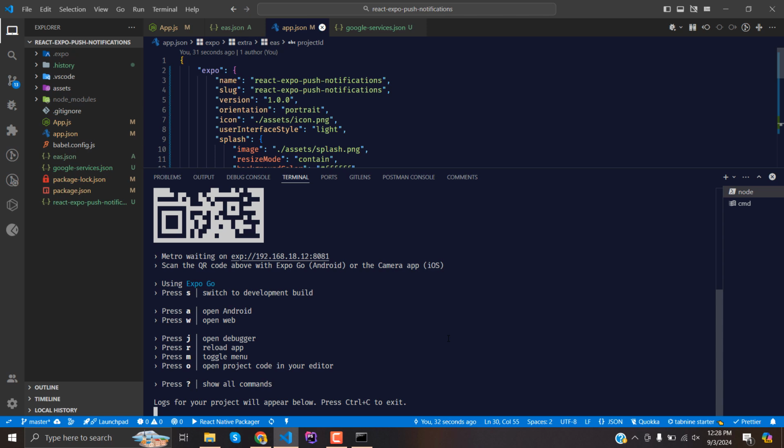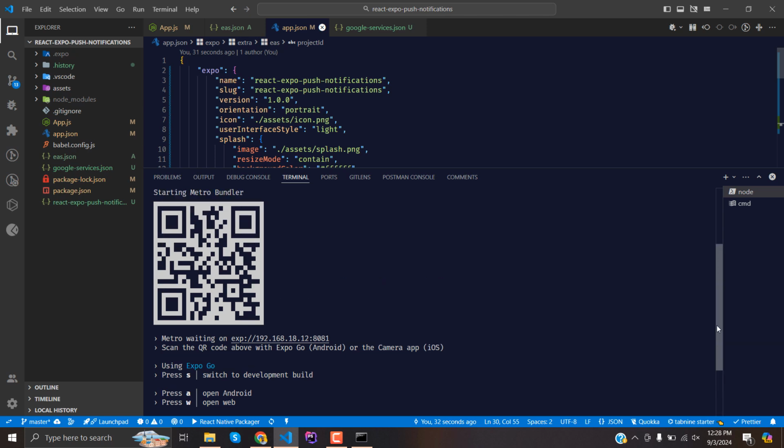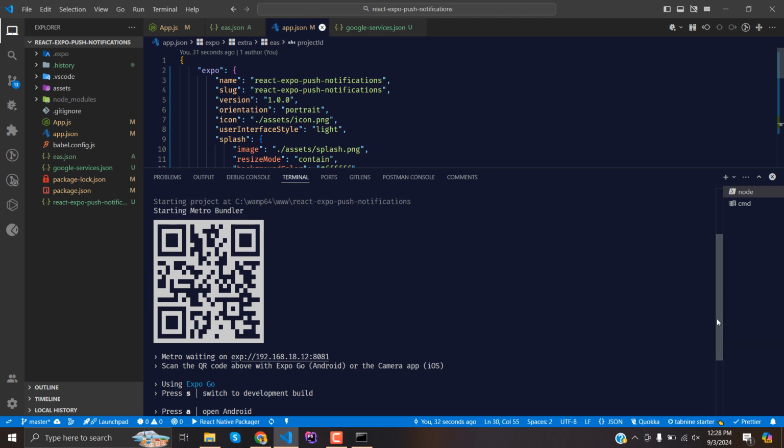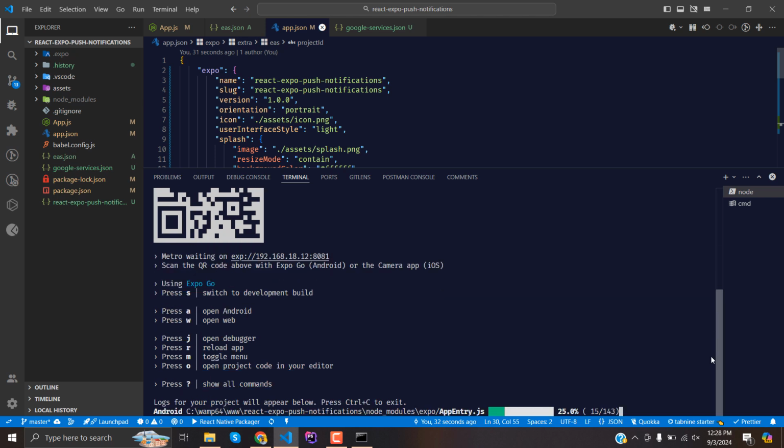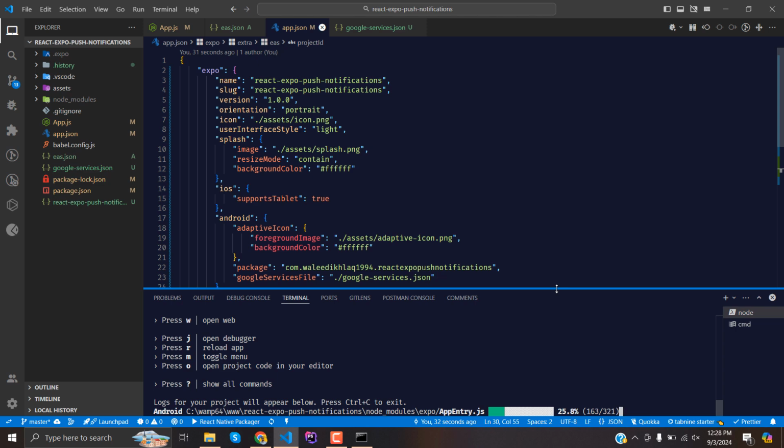Once you open the Expo Go application, all you need to do is scan the QR code. So click on QR code and this will automatically scan your application, and you will see the application build. Now this is bundling, and once the bundling is completed you will see your application's app.js page on your mobile device. So let's wait for the application to